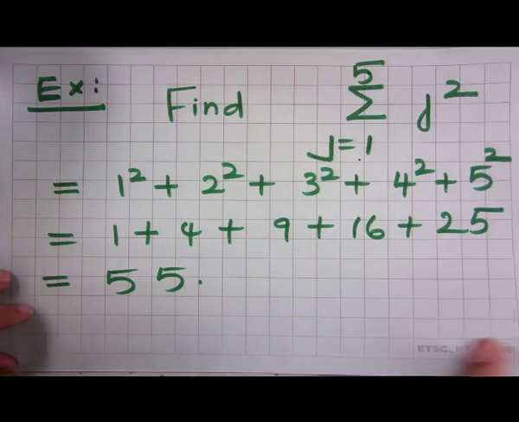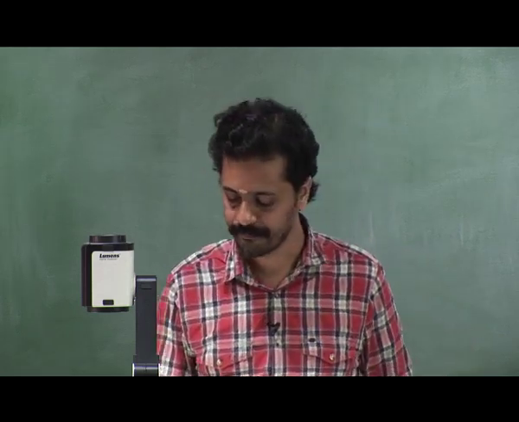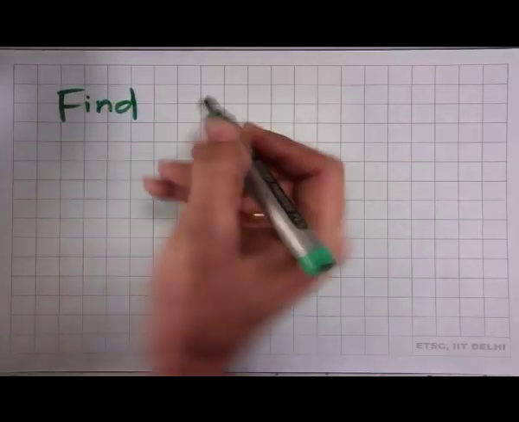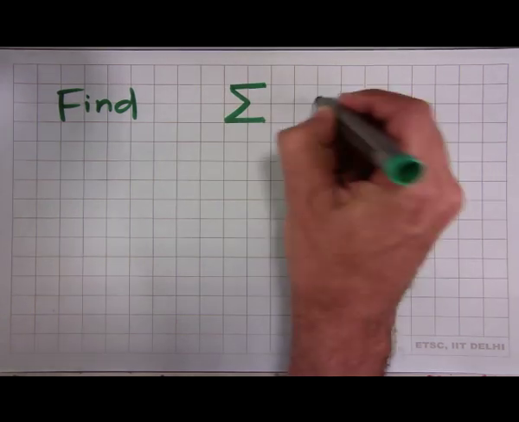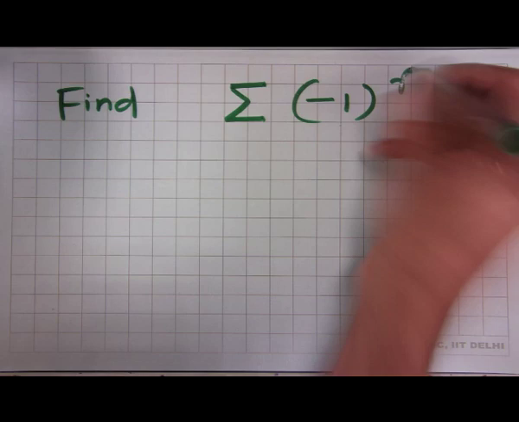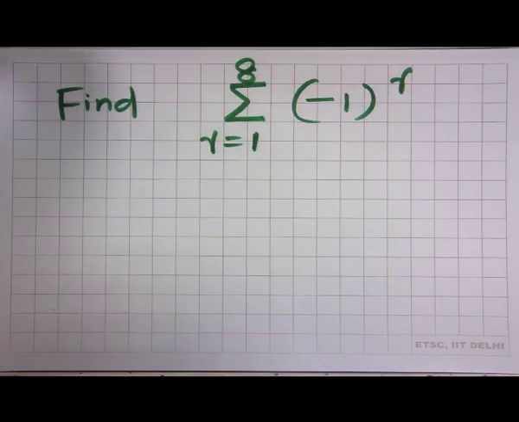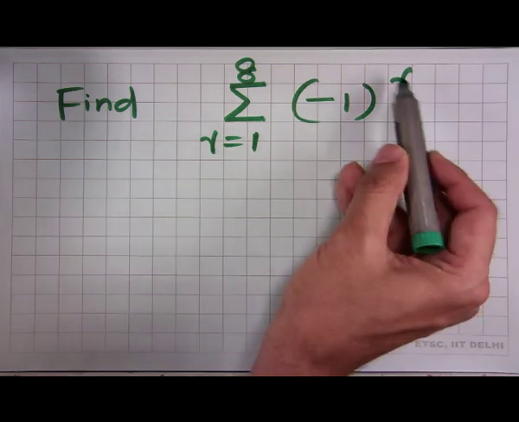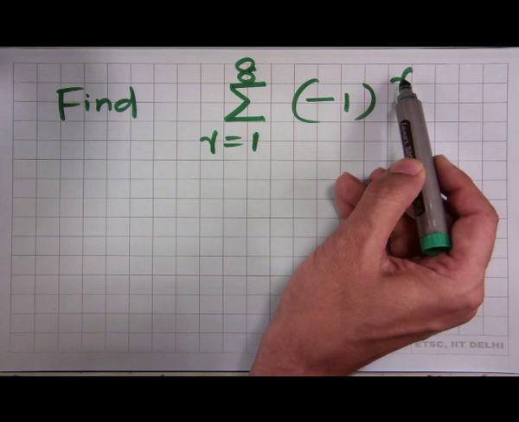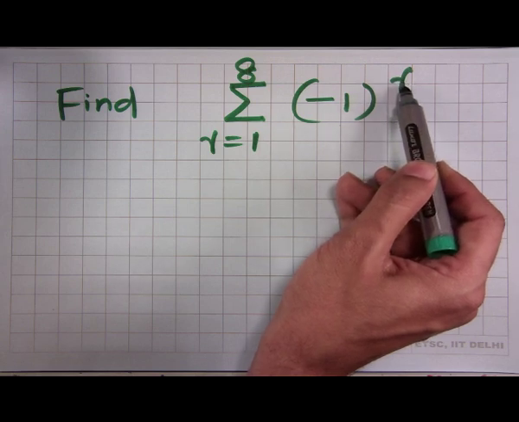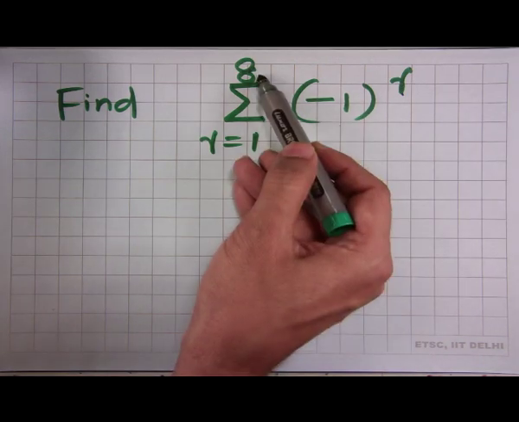Again, to fix this notation in your mind, let us proceed with one more example. Find summation minus 1 power r, r equal to 1 to 8. Remember, this notation is used for a sum of a finite number of real numbers. In this example, index is r, lower limit is 1, upper limit is 8,